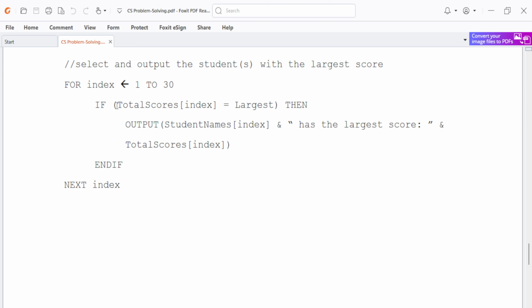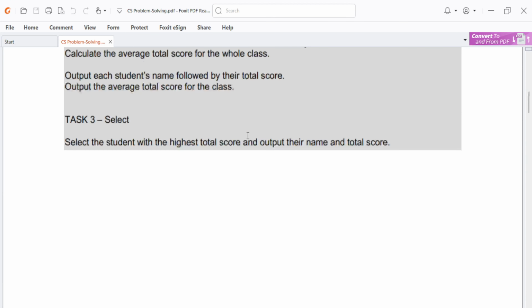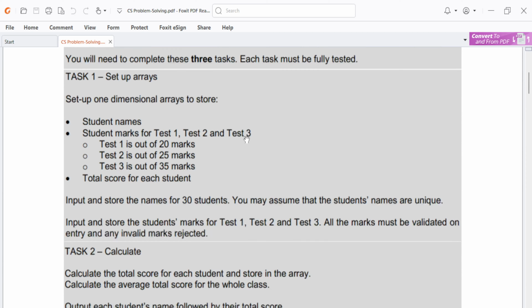So in that case, it will not keep replacing or outputting only a single student. It has to take care of all the students that have the largest score. And this is what this program is doing. So at this point, this is the end of my solution to the task specified at the beginning of this